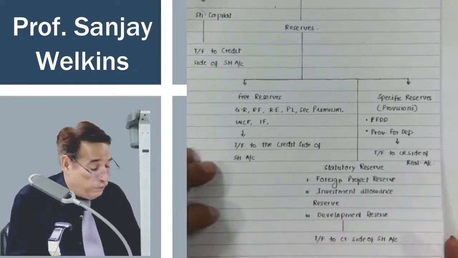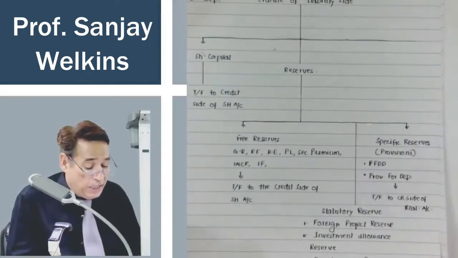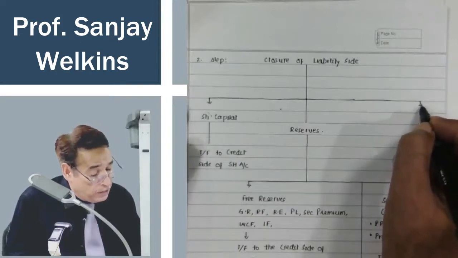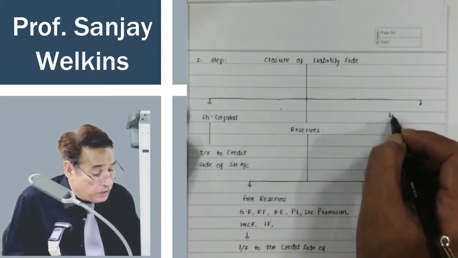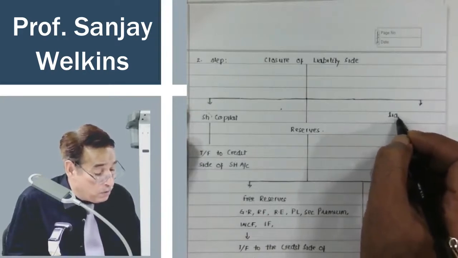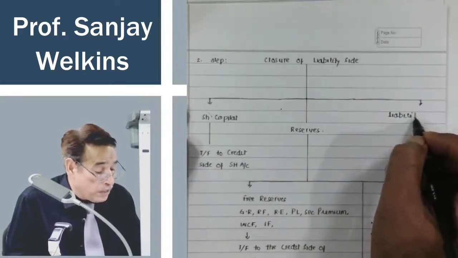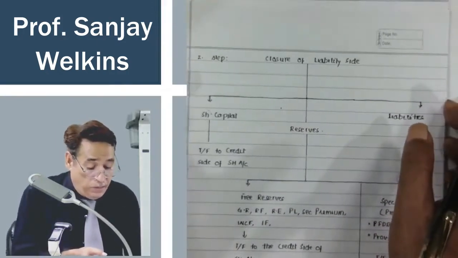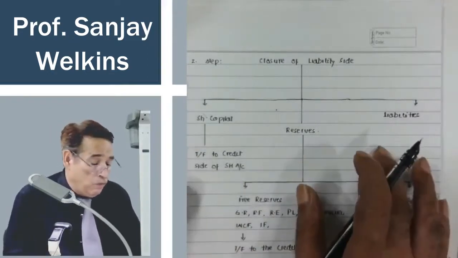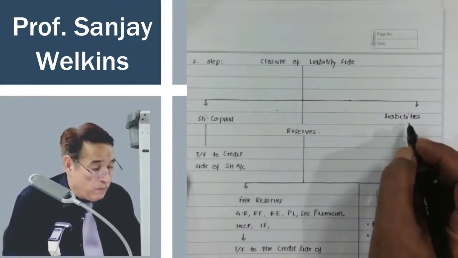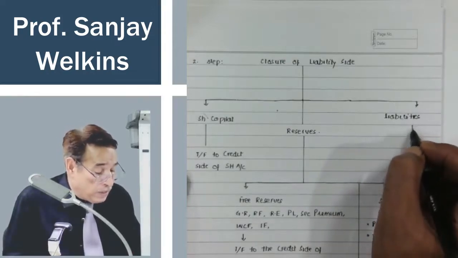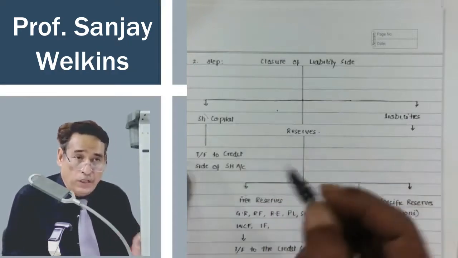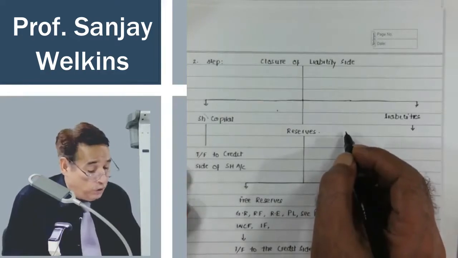Now, whatever we are left with on the liability side, after share capital and reserves, those items are classified as liabilities. Liabilities basically means amount due to outsiders. Outsiders basically means third parties, correct? First party is the entity, second party is the owners, and whatever amount is due to the third party is known as liability. Whatever liabilities are there, whether sundry creditors, bills payable, etc., you are going to transfer them to the credit side of realization account, whether taken over or not.